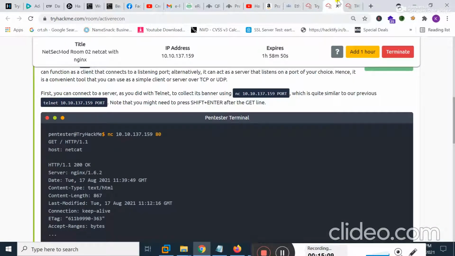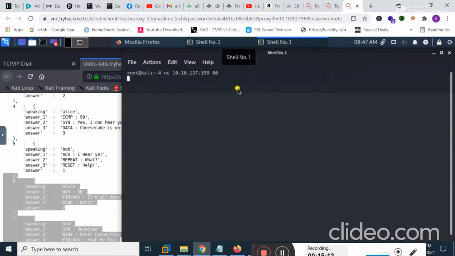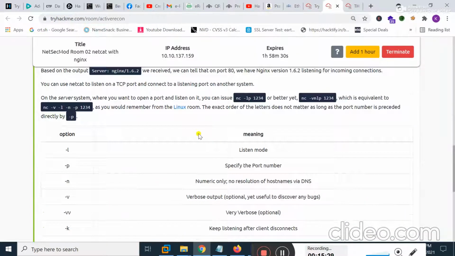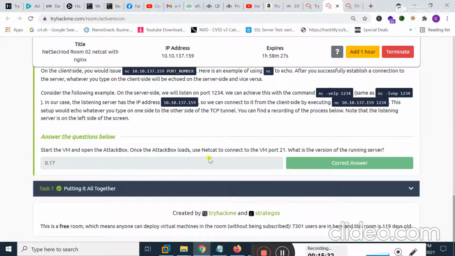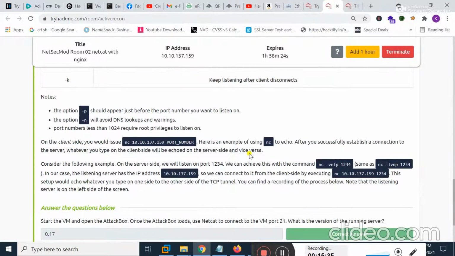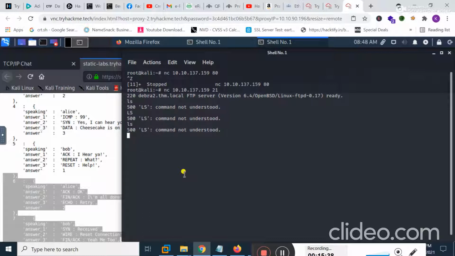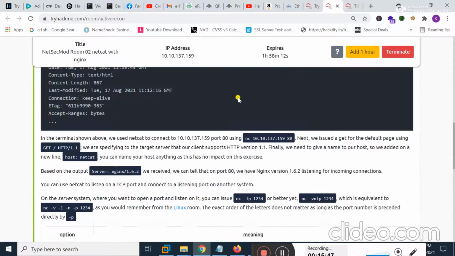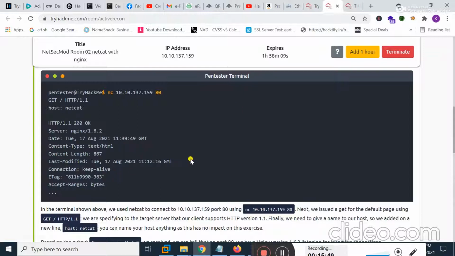On port 80, it did not respond to me. Let me show you. If I type here port 21 and hit enter, okay, why it did not respond to me, I don't know.